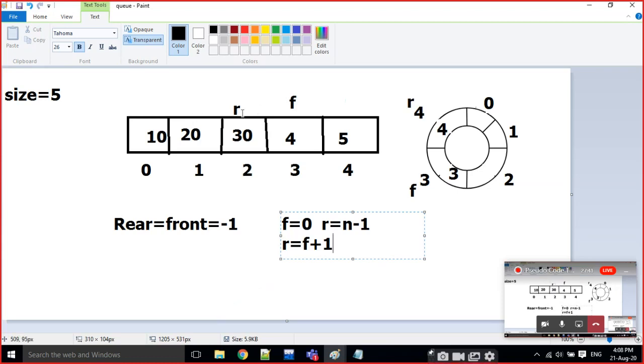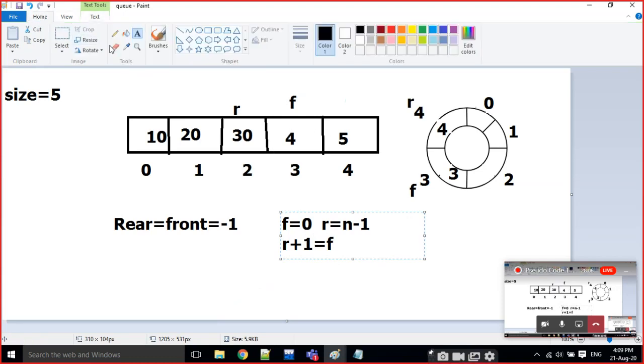Look at here. At this position also, what is the R value? R is located at 2, and front is at 3. Rear plus 1 is equal to F. Sorry, R plus 1 is equal to F. And what is the next one?